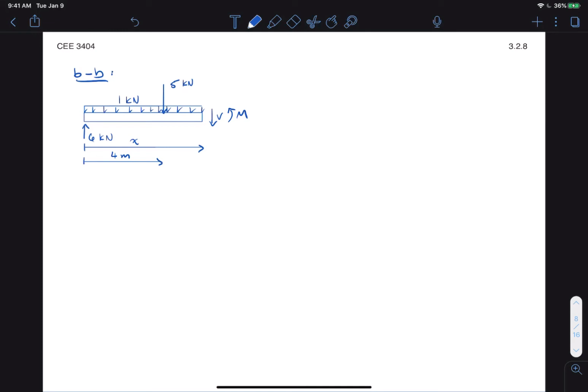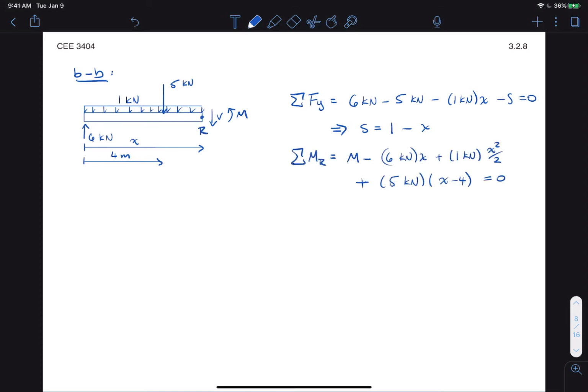So now we've included the 5 kilonewton force in the equation, and again, same procedure. So we get the shear force equal to 1 minus x, and again we do sum of moments around point R, and in this case this simplifies to